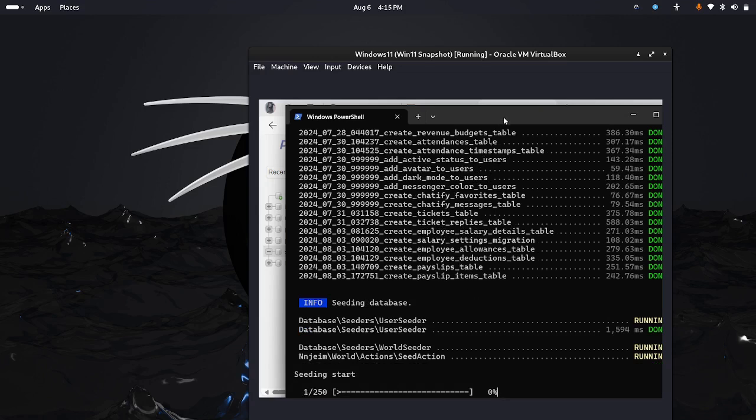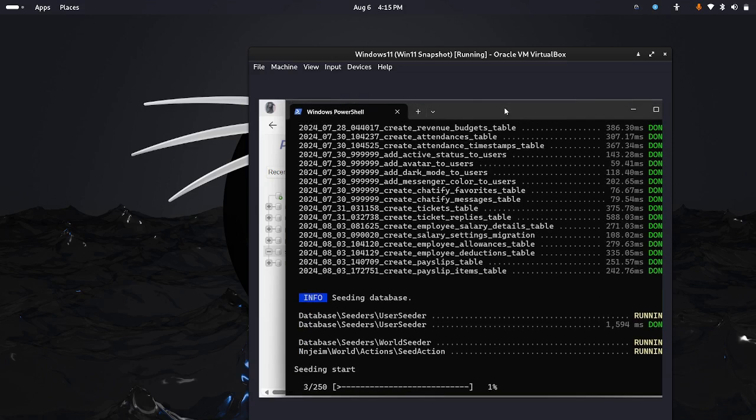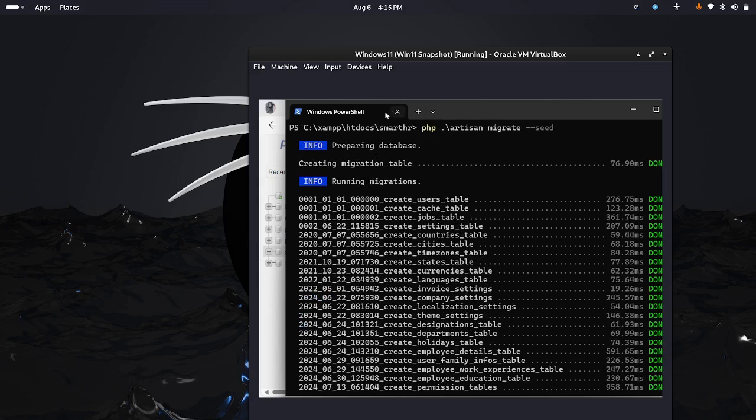Once it's finished running, we are going to have to install our node packages too. We have not installed that yet. So whilst it's running, just for the sake of time, we're going to copy this directory